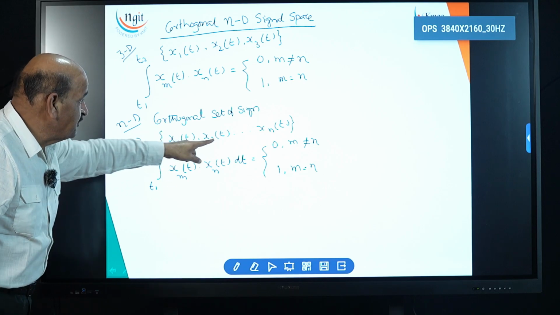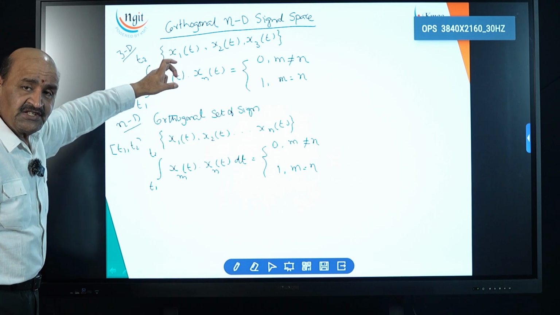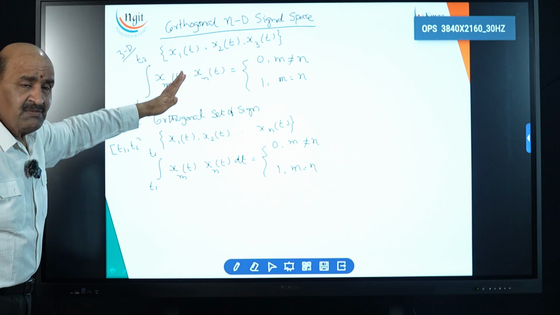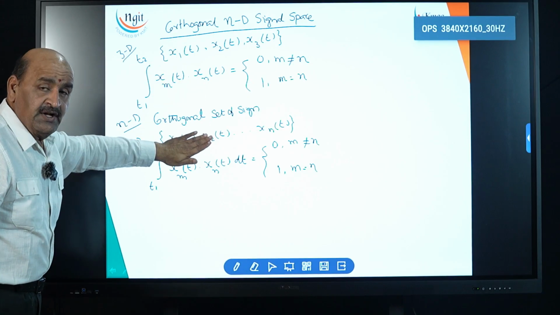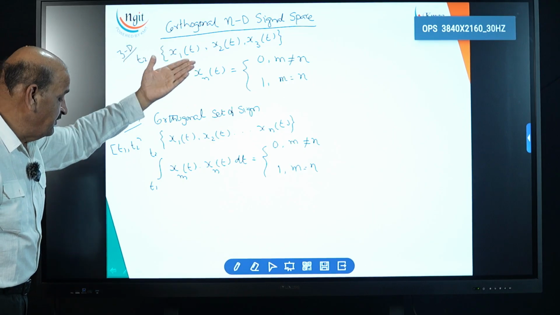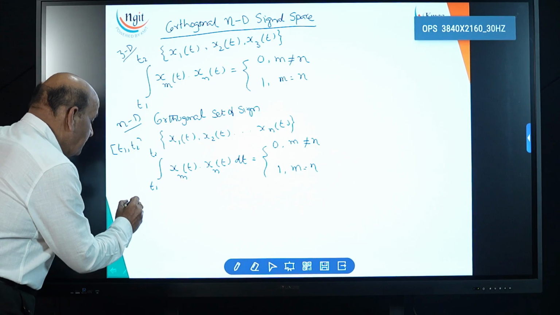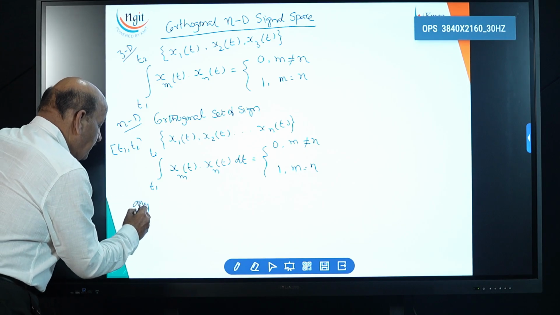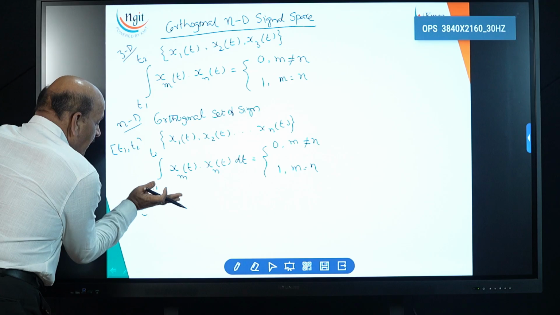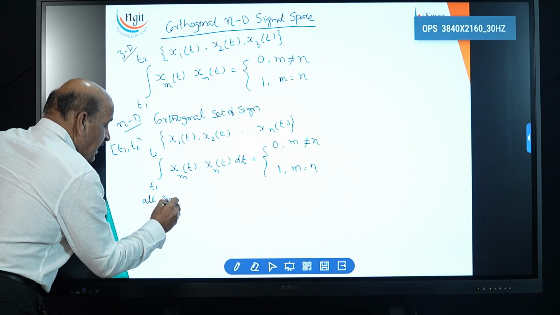It contains n orthogonal vectors x of n, whether it is 2-dimensional, 3-dimensional, 4-dimensional or n-dimensional. All have to follow the same principle. That's why this is called an orthogonal set of signals. Now, any signal, all orthogonal signals